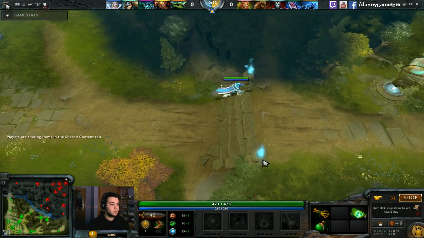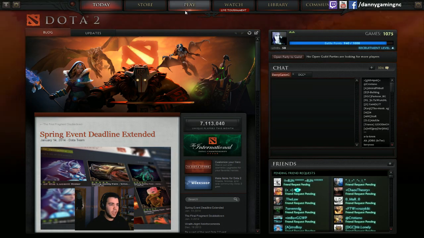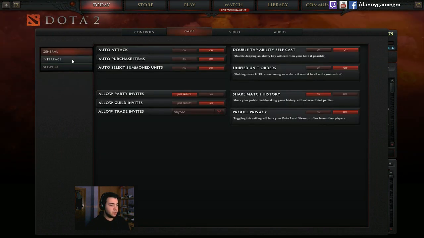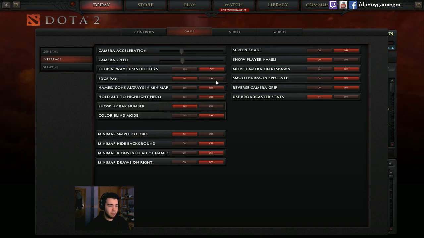Okay, what I do not need, and what I know you guys don't want to see, is the names. On the minimap I use the names when I play a normal game, but you guys do not want to see that in the replay. Where is the...